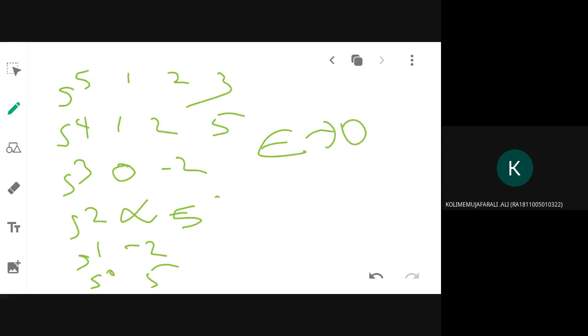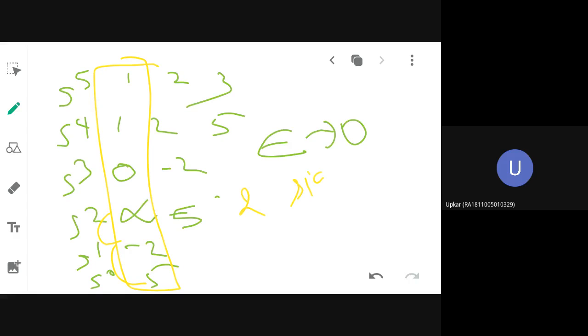Okay, then what will you do? You have to box up the first column elements and observe for any sign changes. Are there any sign changes or no sign changes? Yes, ma'am. Okay, how many sign changes are there? Plus 2 minus and minus 2 plus. So how many sign changes? 2. Two sign changes. Totally how many roots? 5. Okay, totally 5 roots. Two roots are in the right half, 3 roots in the left half. So the system is unstable.